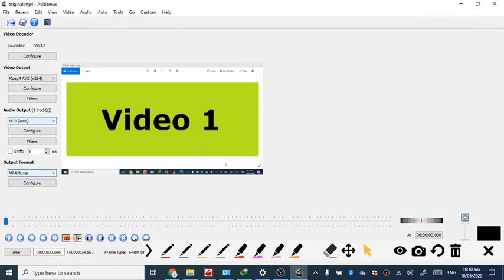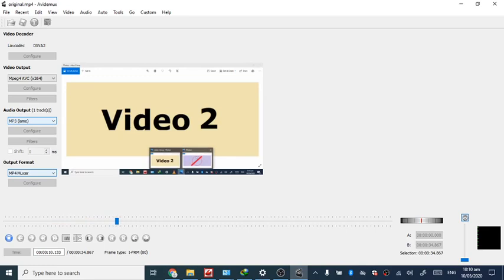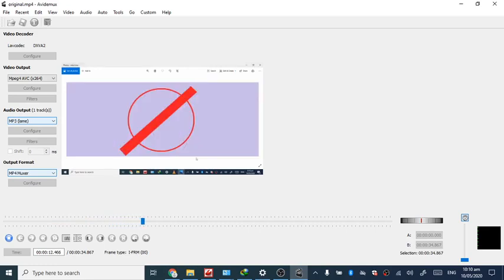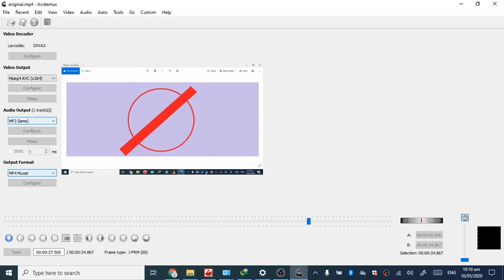If we look at the video, we can see the video has several sections: video section 1, video section 2, and then we have a portion which has errors, and we want to remove that portion from the video stream. And then we have video 2 and video 3, and then the video is concluded, and we have an error area which we want to remove from the video stream.